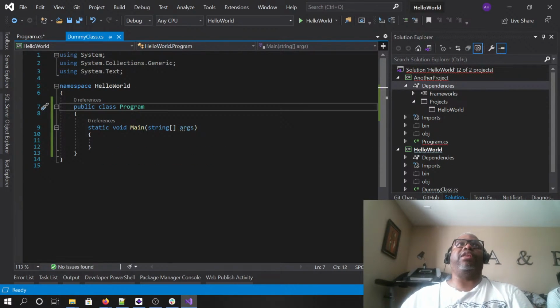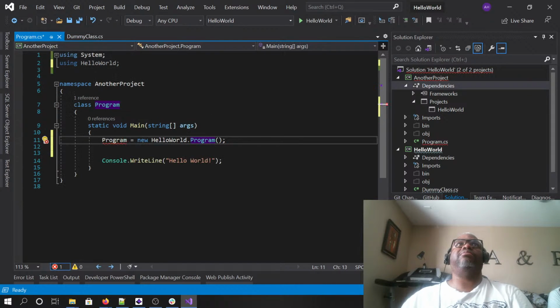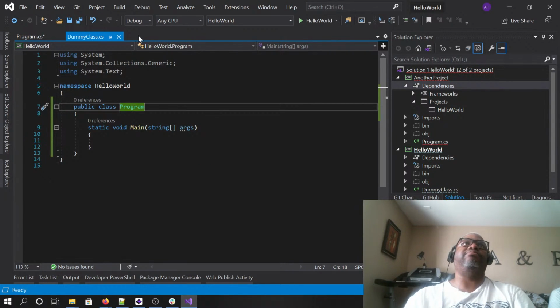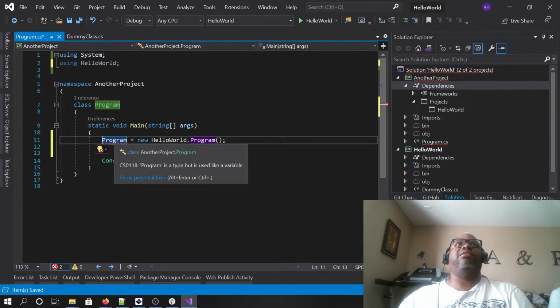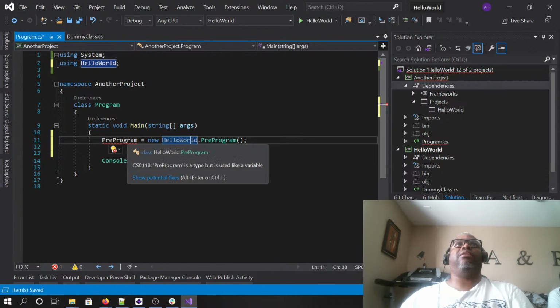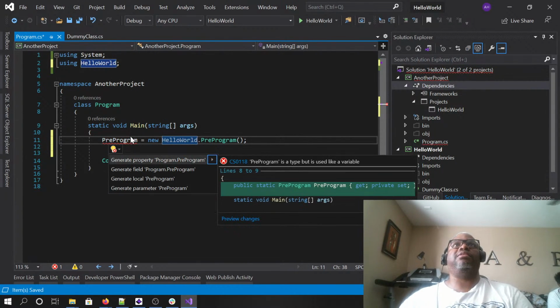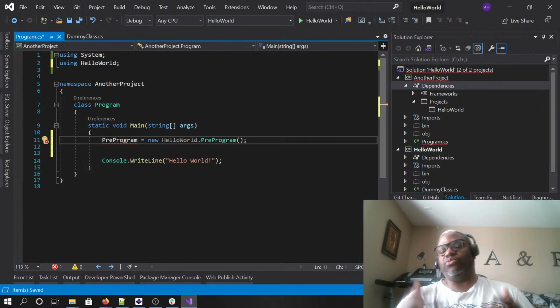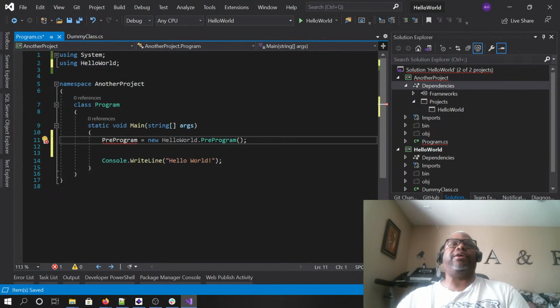I should say program. I probably would give it a different name. My hello world. We'll call this class pre-program or something like that. Okay. And if I hit that, it's a static hello. But the gist is there. This would go a lot easier had I not deleted my code here. Okay, so